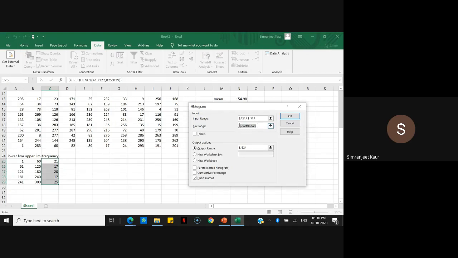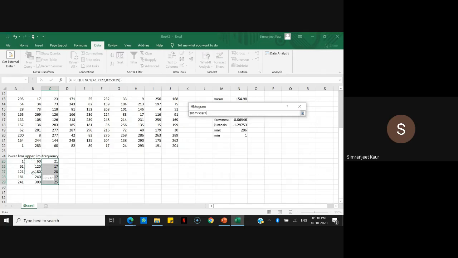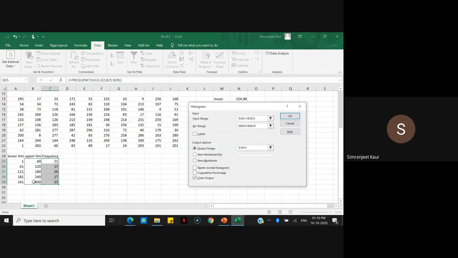Then I'll select my bins range. So bins range you can create separately also, but here my bins are same as upper limits. So I'll just select this, and my data doesn't have labels. If you have included labels, please click on this. Okay. So output, let's say I want it here. Okay, I'll just select it and sorry I changed the bins range, select this again.